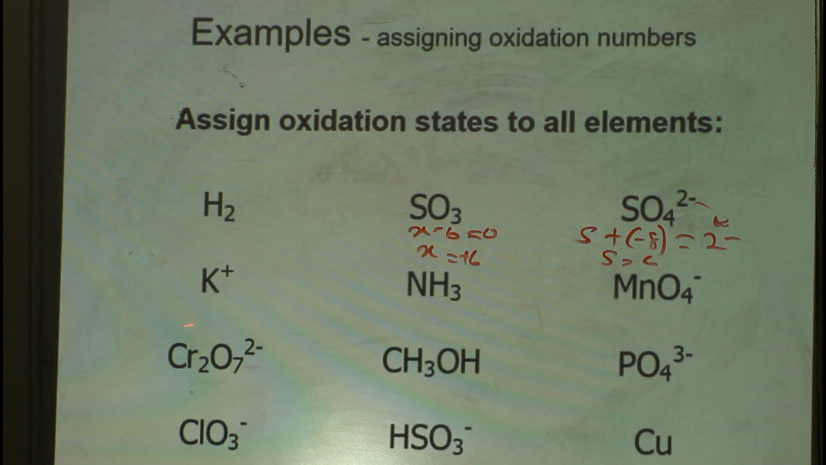Let me add the last one, the chromate. With regards to the chromate, I've told you that oxygen is always -2, and there are 7 atoms of oxygen bonded to chromium